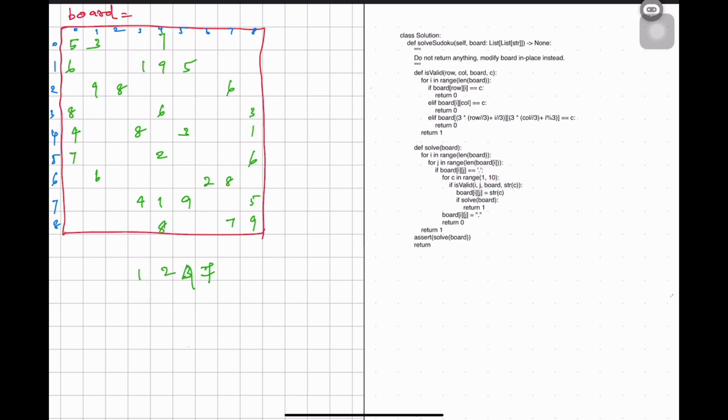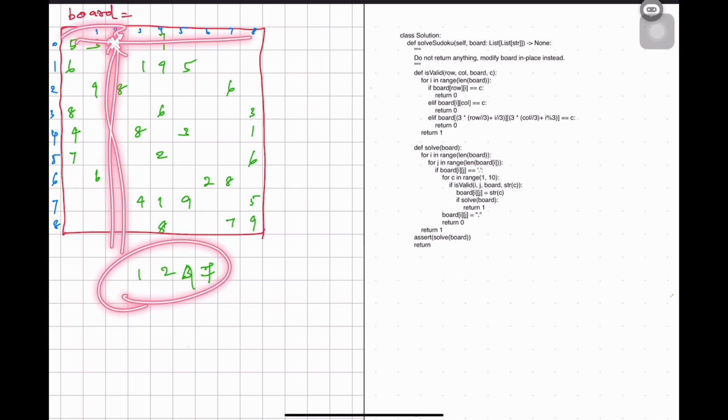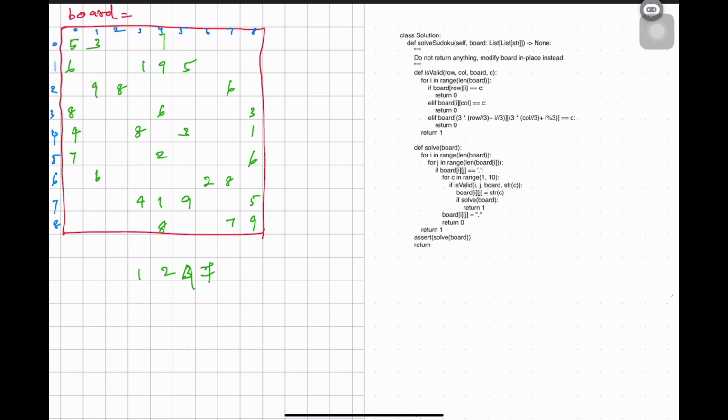Like this we will update each cell with its possible values. If this row, column and 3 cross 3 box are valid, you update that to the board, and you use the new board after you fill 1, to try to solve further because you have applied some value here, right?